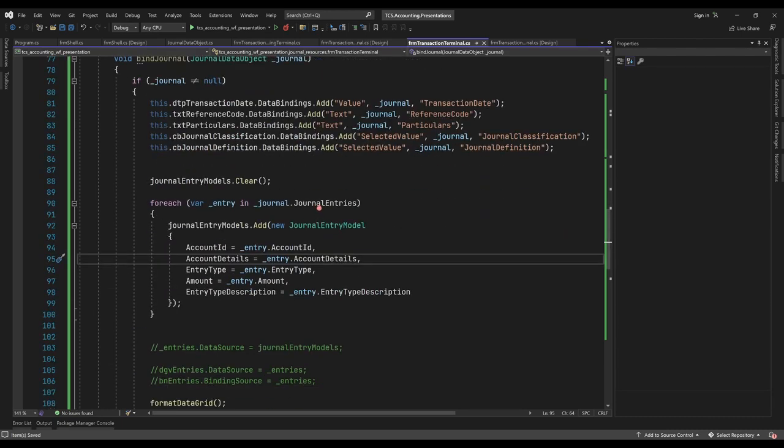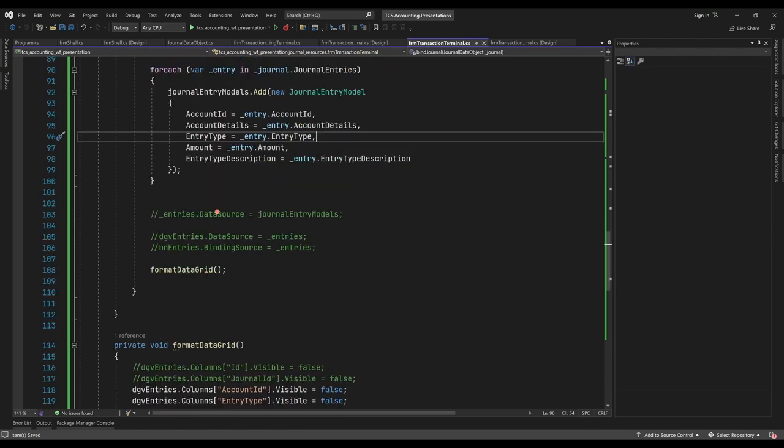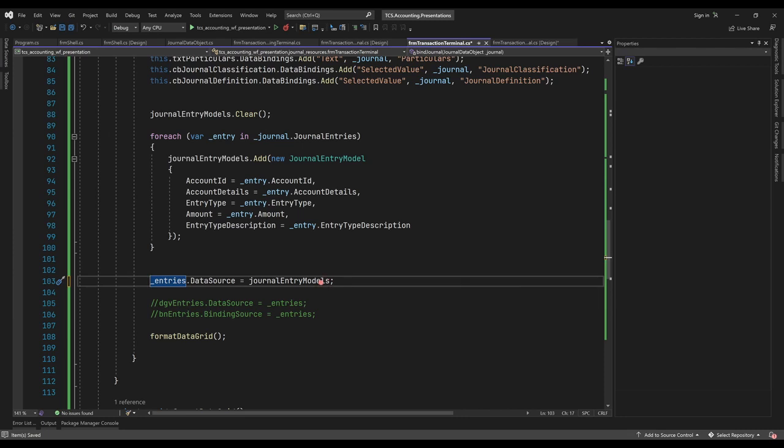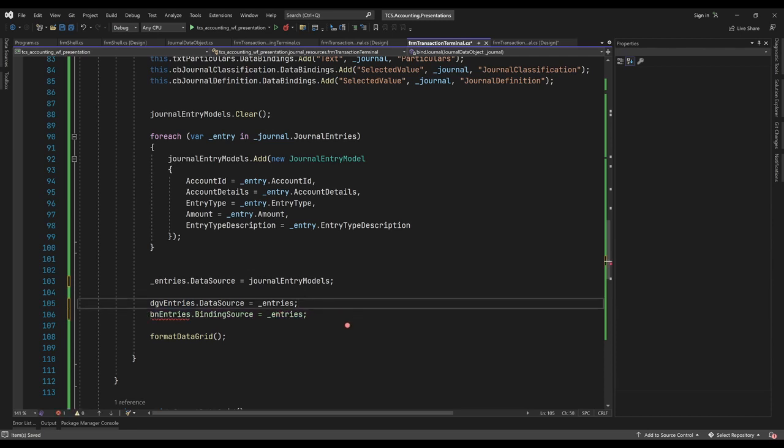Let's actually check out if we have all the properties. I think these are the 5 fundamental things we actually need. So we have that in place. Here we can specify that entries is equal to journal entry models, which is true. And we can set the DGV entries data source, and the bindings BN entries is like that as well. When we have BN entries,